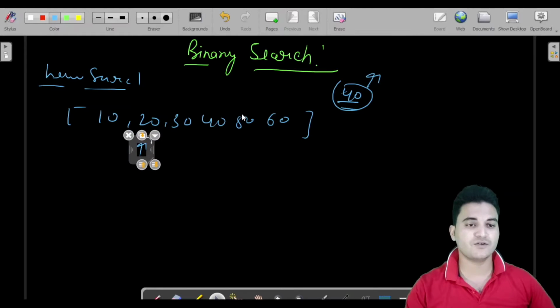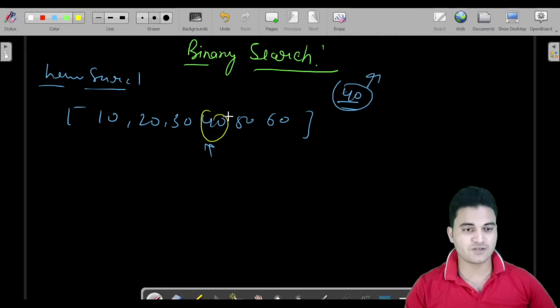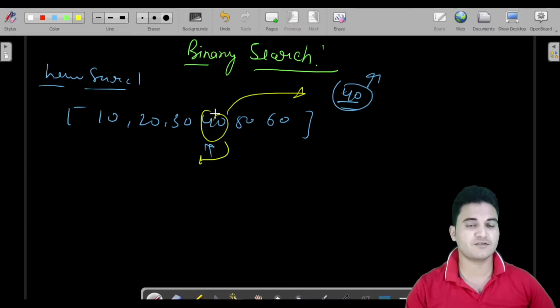If it is not equal to the element we are searching for, we move the pointer again, and we check whether this element is equal to this one.